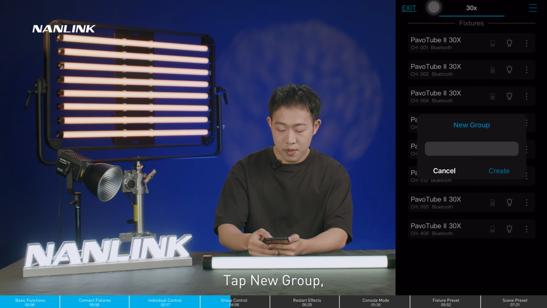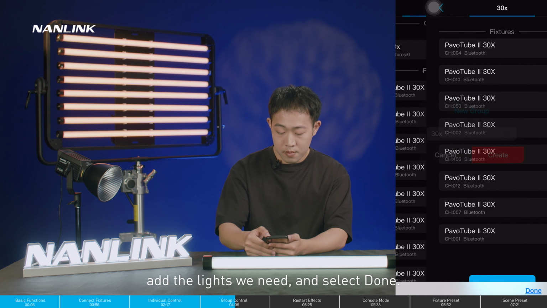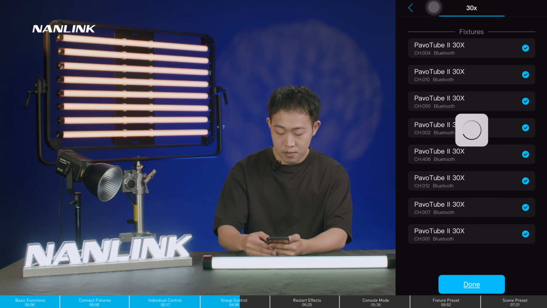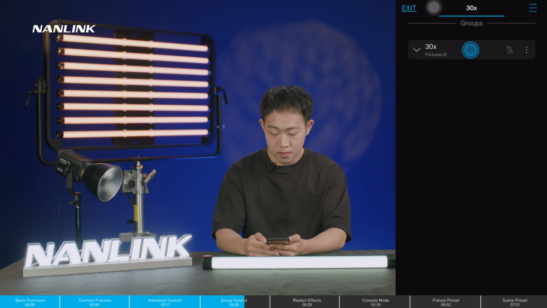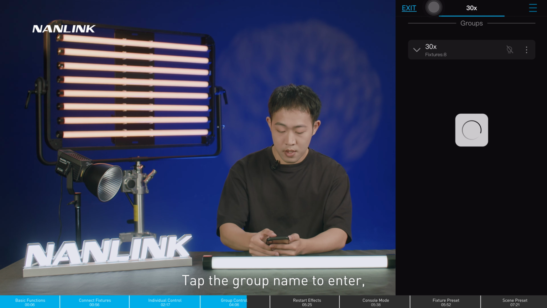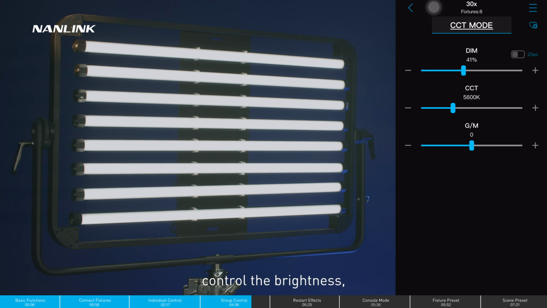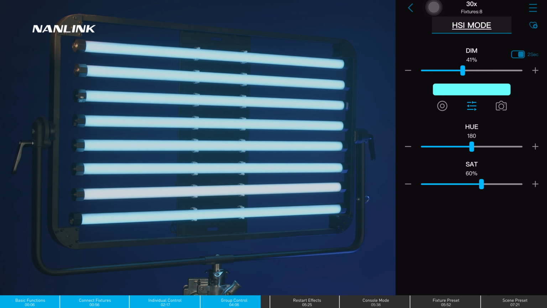Tap New Group. Add the lights we need and select Done. Tap the group name to enter. Select CCT mode, control the brightness, control the color temperature, the HSI mode, the hue mode,